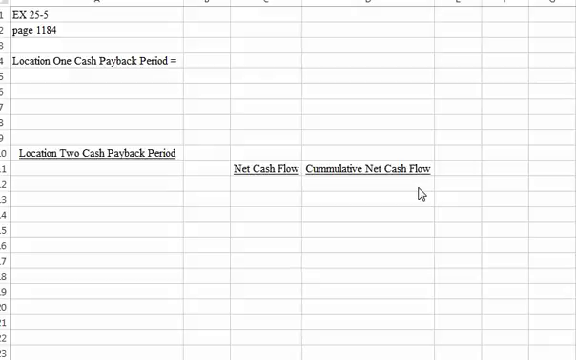Here's the difference. Location 1 is expected to provide equal annual net cash flows of $56,000. And location 2 is expected to have the following unequal annual net cash flows. They want to know the cash payback period for both location proposals. Well, location 1 is really simple, you guys. It's going to bring in $56,000 in cash per year. If we want to know the cash payback period,